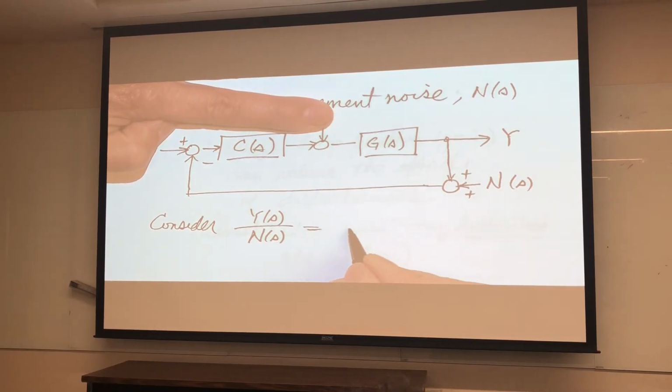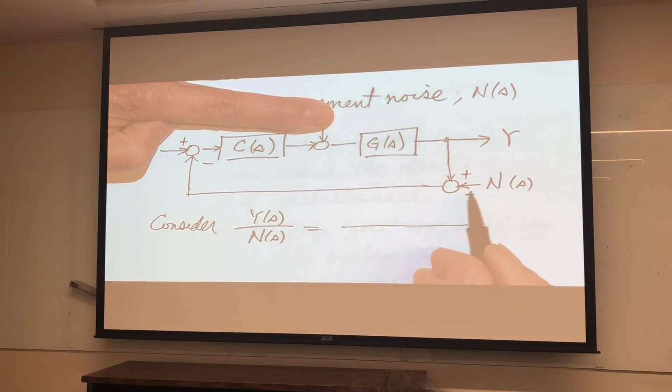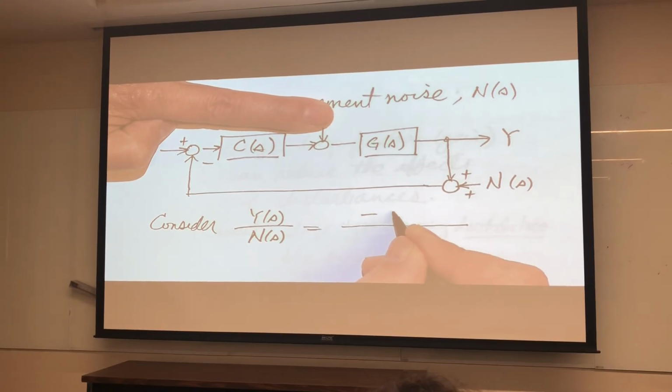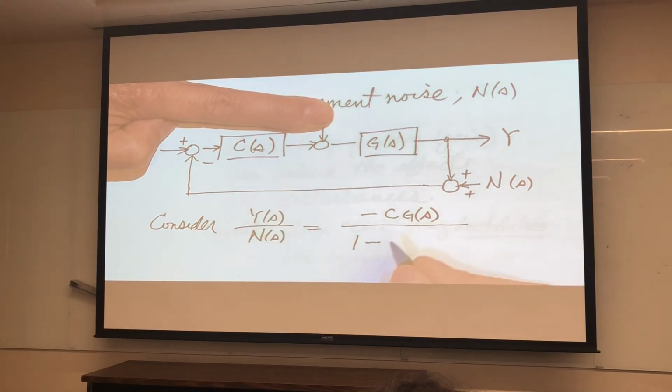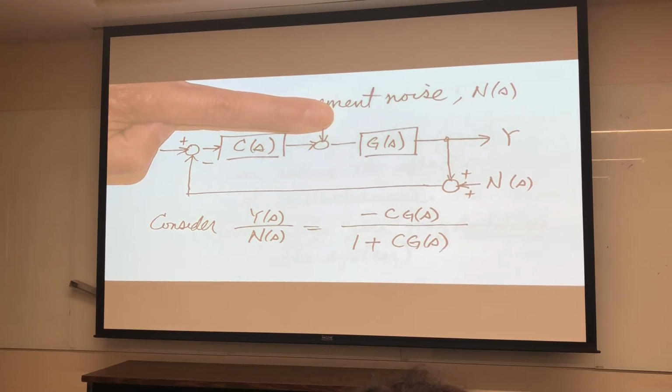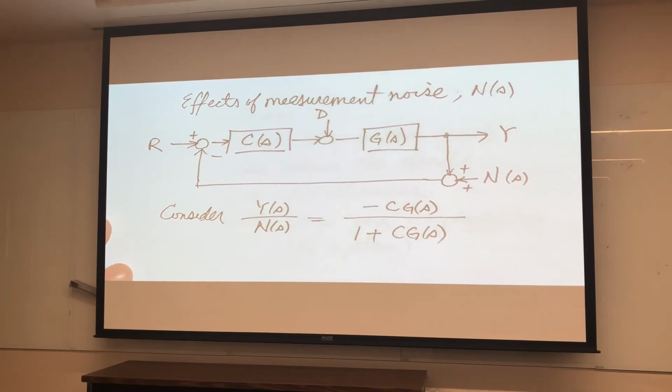Okay, same principle. Take the forward gain from n to y, and I get minus Cg of s over 1 minus the loop gain. The loop gain again is Cg, and the minus sign here, like so. So what would be our conclusion here? As loop gain increases,